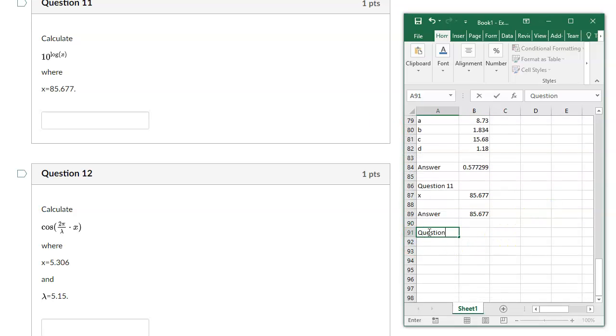Okay, question 12. We have X and lambda. And I'm going to put here pi as well. We have pi, just to be more explicit with how you get pi. Well, X is 5.306. Lambda is 5.15, and for pi, you use the function pi to give you pi. And what's our answer? We want the cosine of 2 times pi divided by lambda